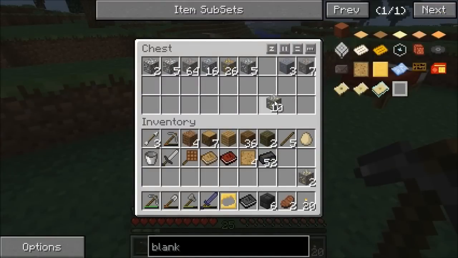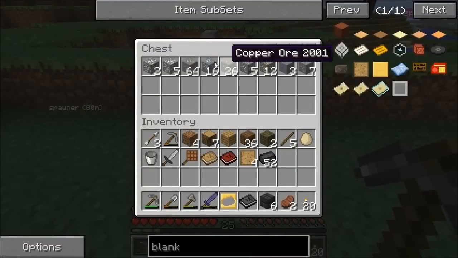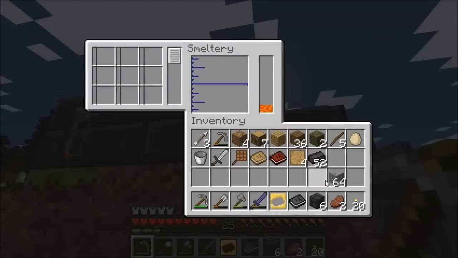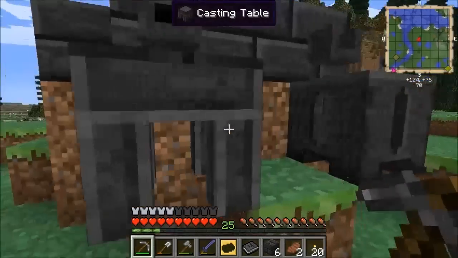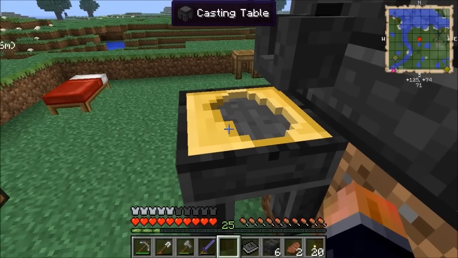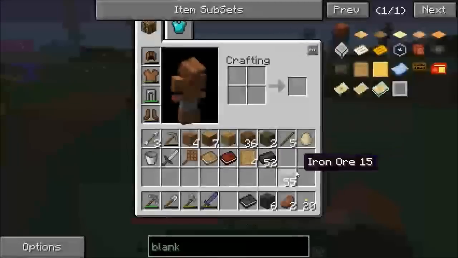So I'm gonna want some gold in there. I'm gonna want some iron, some gold. I'm gonna want some stuff smelting. So let's go with some iron first. And I've got my ingot cast now. Wonderful. So what we're gonna make with iron, the first thing I'm gonna make is